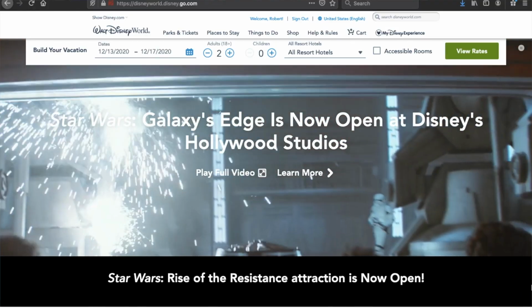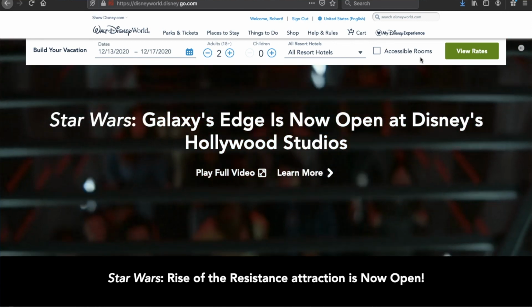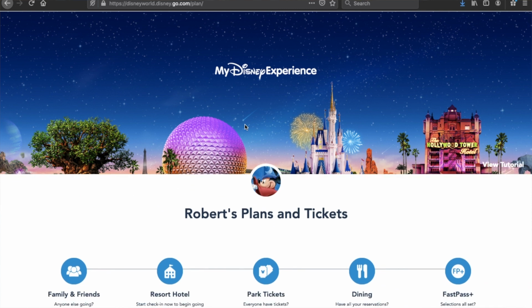And today we're going to talk about the MyDisneyExperience app and website. So let's get started. To book your Walt Disney World vacation, the MyDisneyExperience app and website are very helpful in planning everything to do. To go to the MyDisneyExperience website, open up the Disney website and in the top right corner, click on MyDisneyExperience. This will bring up the home page and give you an overview of any current plans